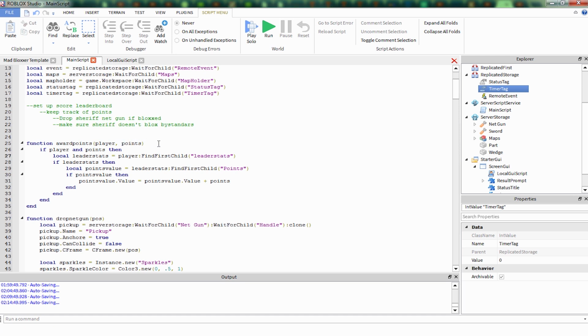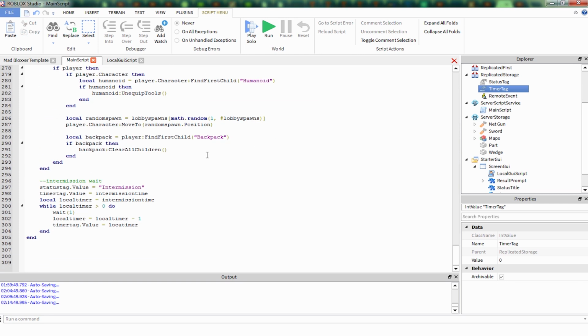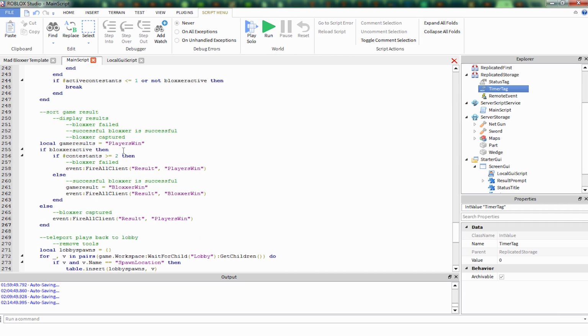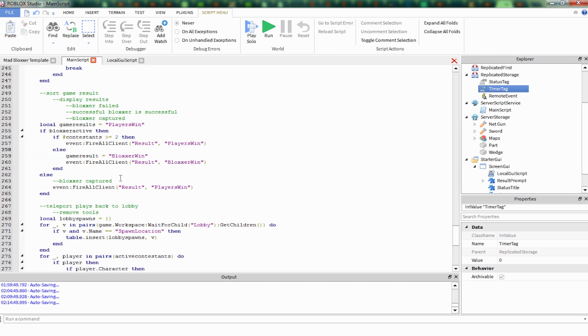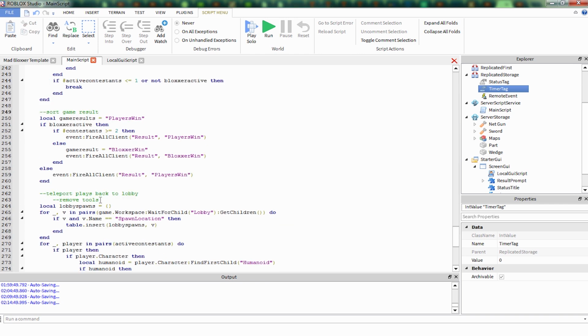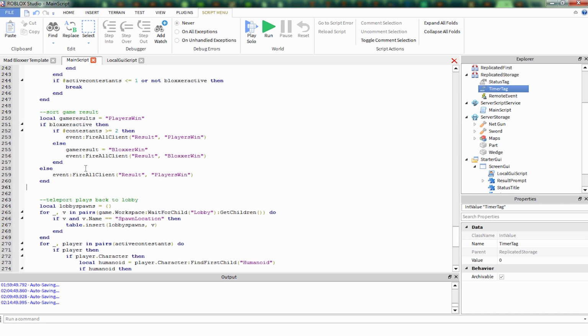Cool. So now we take this and we give people points. Where do we give people points? I'm going to go all the way down to the win, because obviously if you win the game, you win some points. This is kind of convoluted. I'm going to get rid of some of this. Okay. So we're going to...